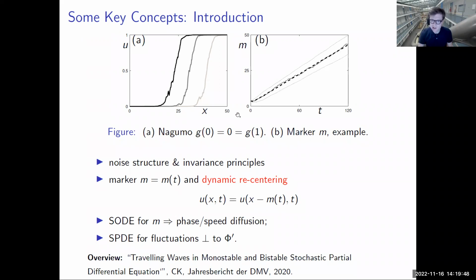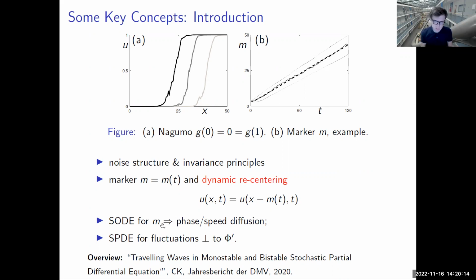So it's like the mean value of that M. And the dotted lines tell you the variance, one standard deviation around the mean. So roughly speaking, you can track the marker, which would be the position of the wave. And then you could say, instead of deterministically trying to analyze solutions that are x minus ct, you could analyze solutions that are x minus some marker quantity of t.